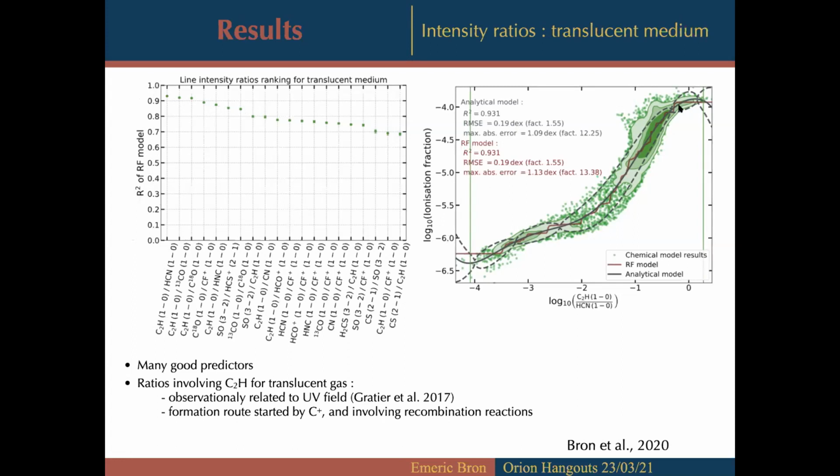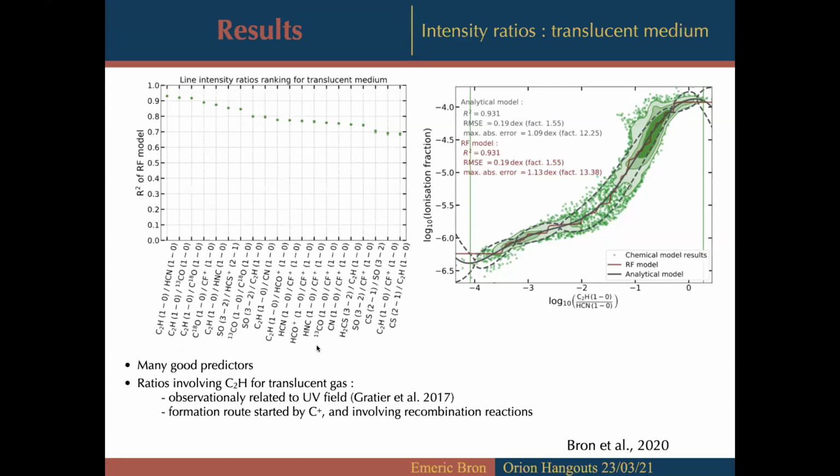we see that we indeed have a very tight relationship between the ionization fraction and this line ratio, with a scatter which is relatively small. And so this line ratio should allow a pretty good estimation of the ionization fraction. We see that in this case, most of the ratios that we find